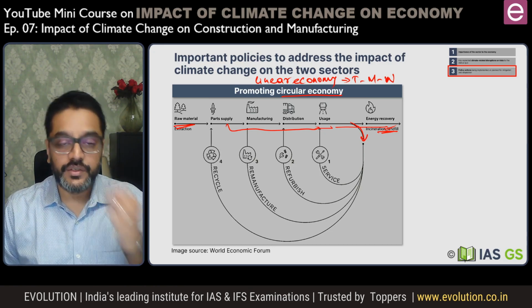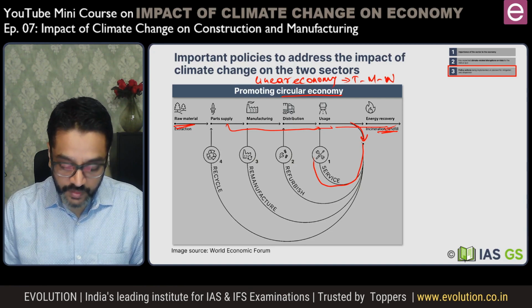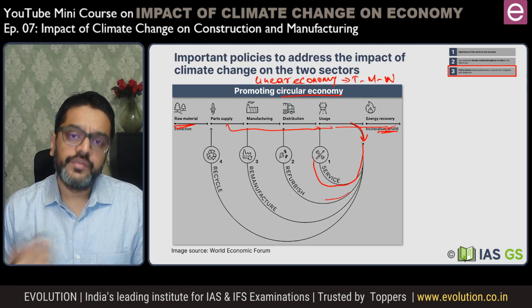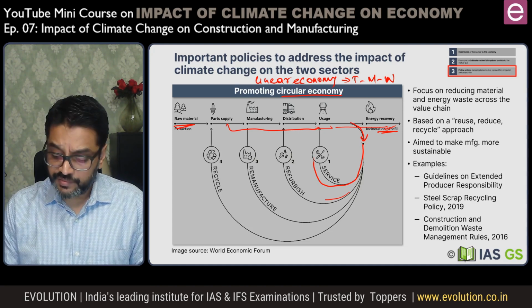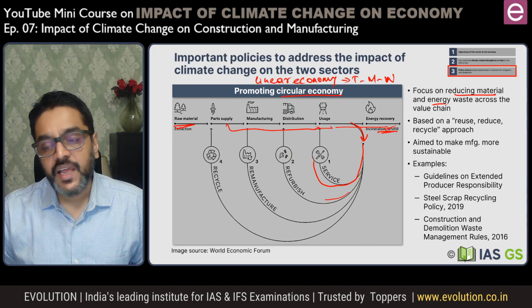After it is used in the original form, you service it, so you reuse it, you recycle it, or you repurpose it, right? So the focus of the circular model is to reduce the waste of energy and material